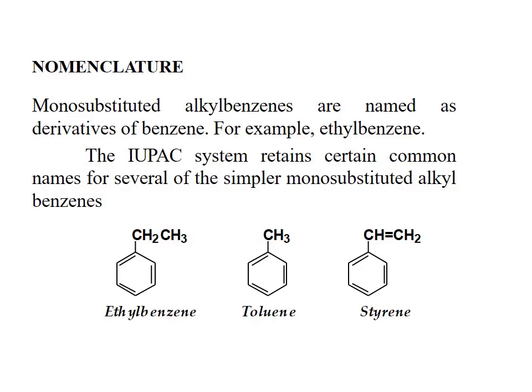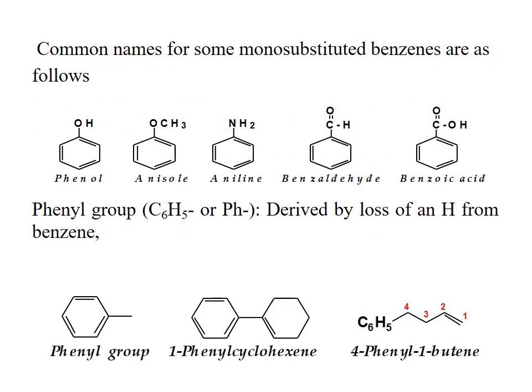Now the nomenclature. Monosubstituted alkyl benzenes are named as derivatives of benzene. For example, ethyl benzene. Ethyl benzene is the benzene ring with an ethyl group, so it is called ethyl benzene. Then toluene. Toluene is benzene with a methyl group, and styrene is benzene with a vinyl group. Common names for some monosubstituted benzenes are